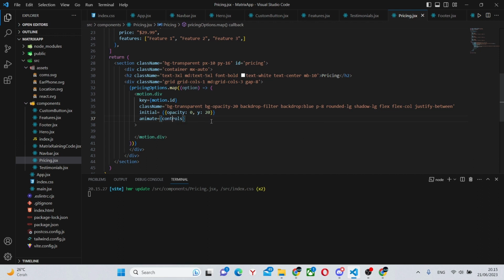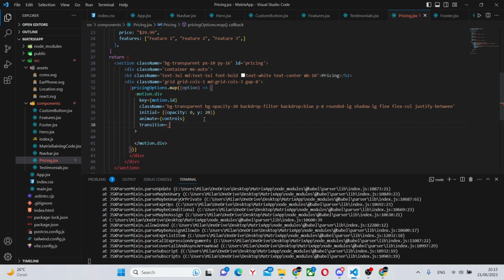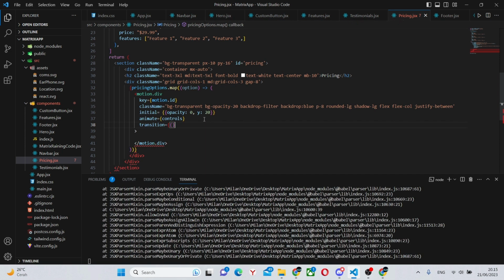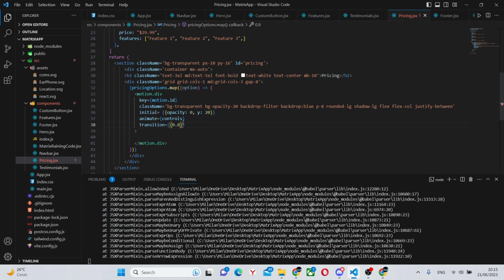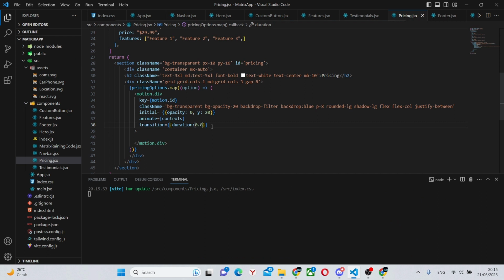We don't currently have them, but we will create them soon. And we'll have a transition, which should be the same. So transition of duration 0.8, like this.